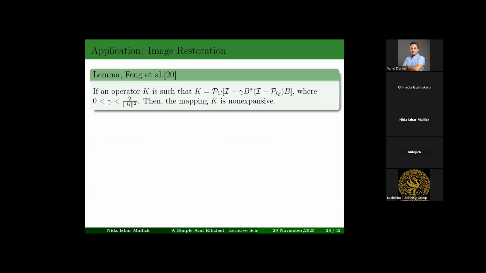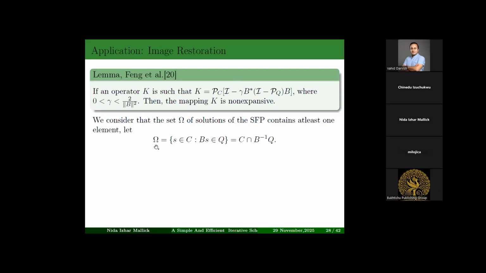And then we merge. Okay, then there came a very important lemma that was proposed by Feng, and that says that if an operator K is defined as a CQ-like algorithm, this step is taken from the CQ algorithm. So if the operator is defined like this, then this operator is a non-expansive mapping, given this condition on the gamma. So this way, since the operator is non-expansive, and the solution set for the split feasibility problem is defined as a common point that belongs